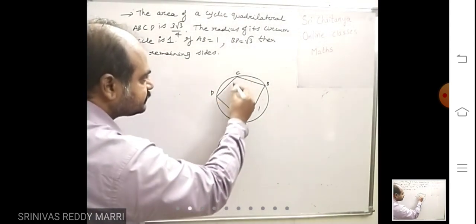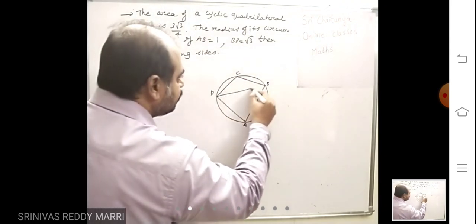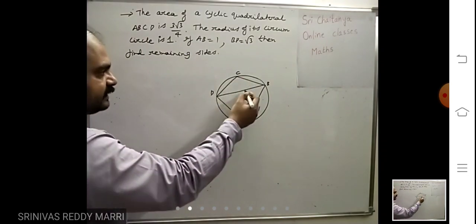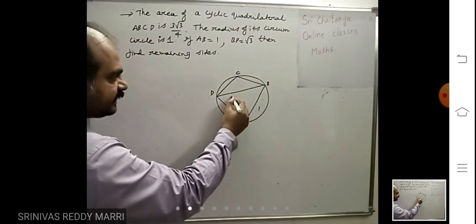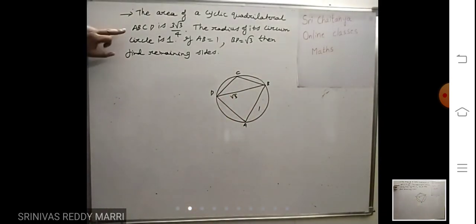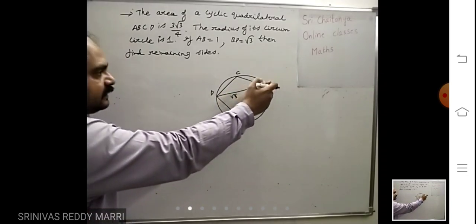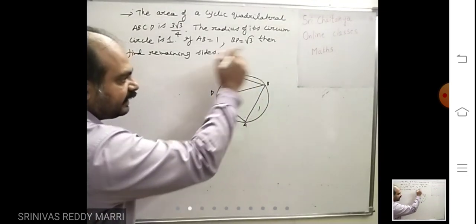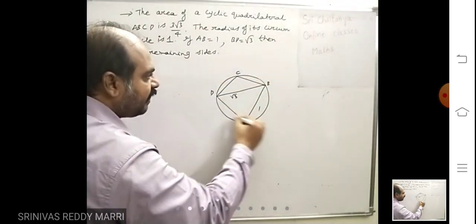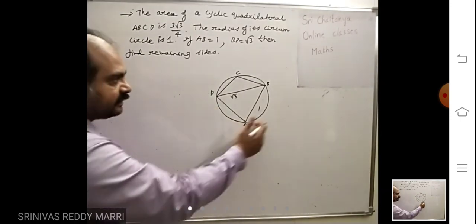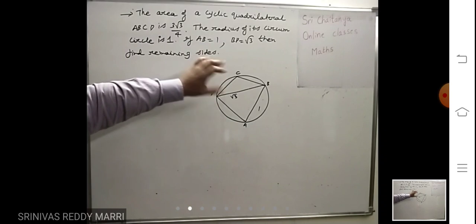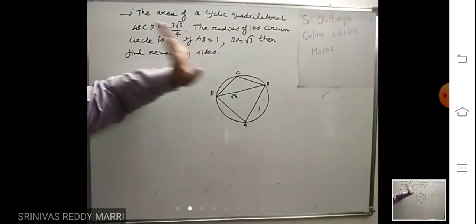These are the diagonals. Given BD equal to root 3. This is one diagonal, so of course this diagonal is given. Let us say this is root 3. And what he has given is the radius of this circle. Circumcircle means what? For this quadrilateral, the circle passing through all the vertices is nothing but the circumcircle. The radius of this circle is given.